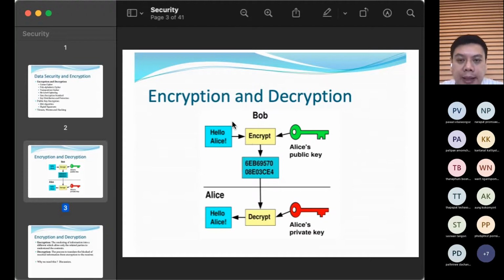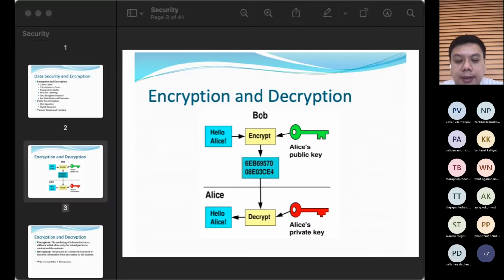Sometimes they call it the plain message, so it's raw data that you really use in the encryption process. In the encryption process, they're actually going to use a key. There are several methods, and depending on the protocol, they need some kind of key. In real life, our key is possibly going to be like a password, or something like that.